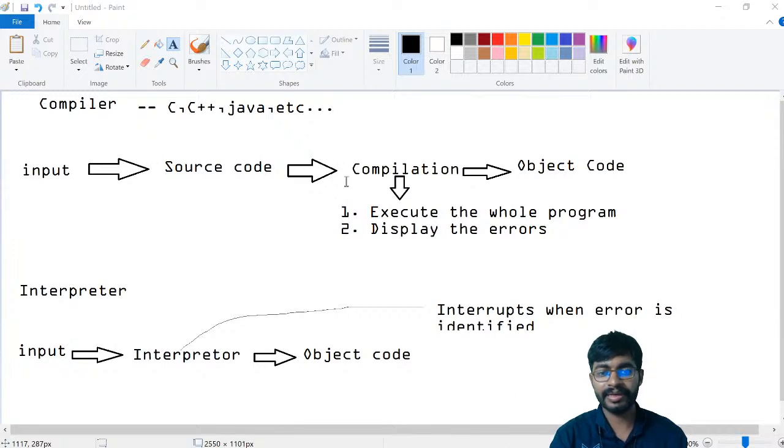Like that it will be displayed. But in an interpreter it is not like that. If you have an error at line 3, it will display line 3. If you rectify that error, the line 4 error will be thrown next. Then and there we have to clear the error. That is the motto of the interpreter.